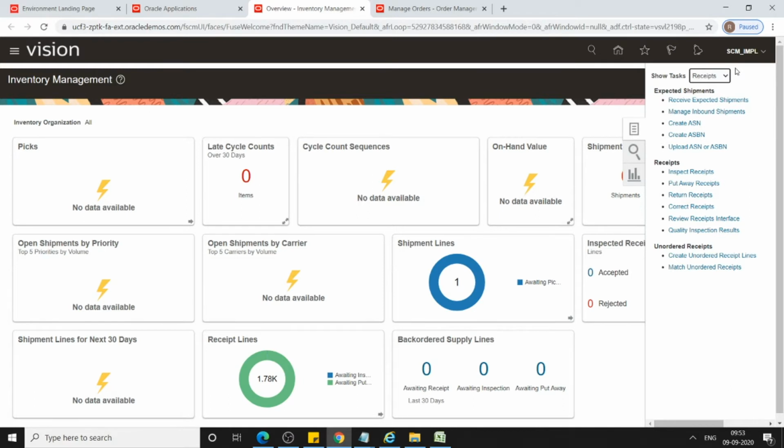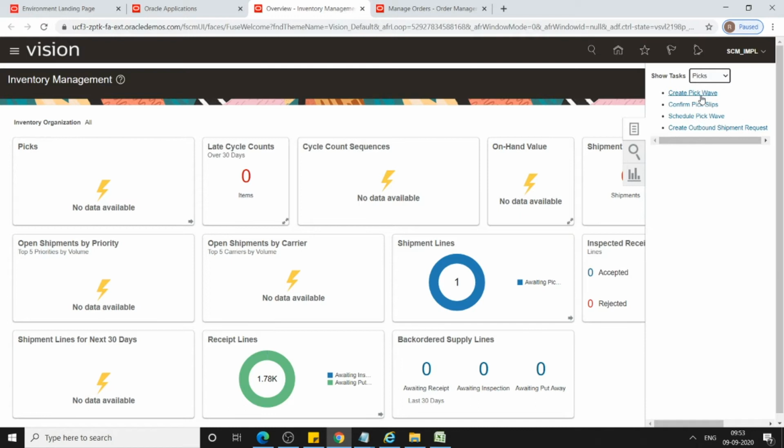So now as an inventory warehouse manager, or a worker in the warehouse, I have to pick the sales order. Now click on picks and create pick wave. In Oracle EBS we would go to the pick release form, and from there do the pick release, pick confirm and all.